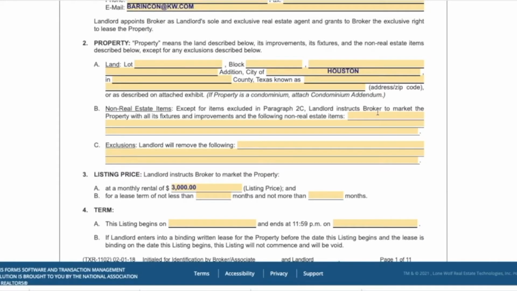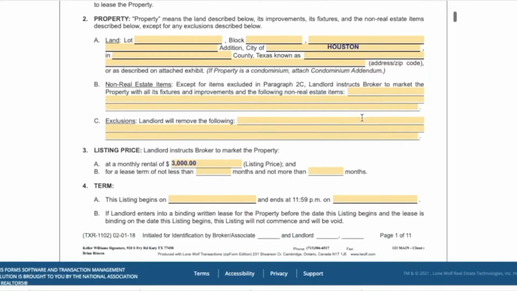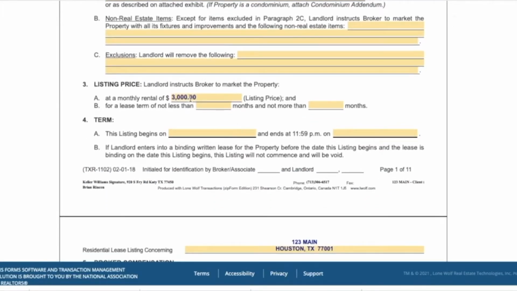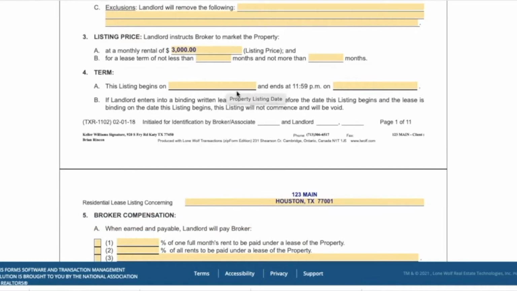Landlord instructs broker to market the property with all of its fixtures and improvements and the following non-real estate items. So washer, dryer, fridge would go here, and then of course list anything that the landlord's removing. You would enter in what the monthly rental is going to be and how long the lease is going to be for. This actually dictates when the listing is going to start, when it becomes marketable, and when the listing